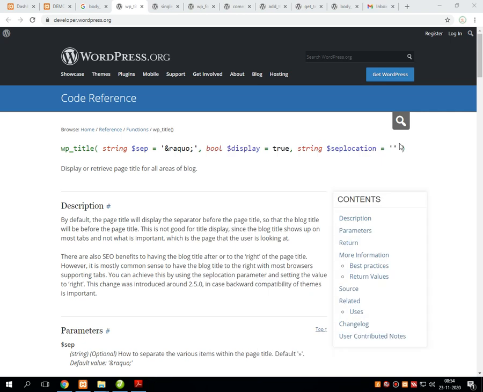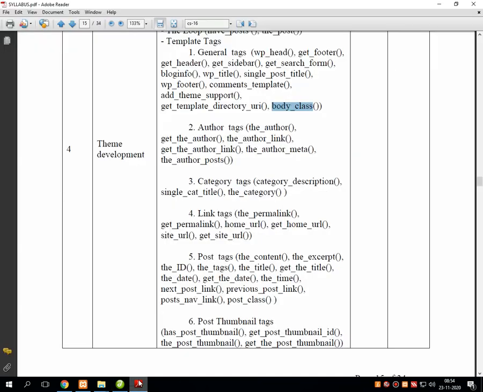Lastly, we have started with the discussion of unit number 4, which is theme development, and in theme development we have started with the general tag discussion.